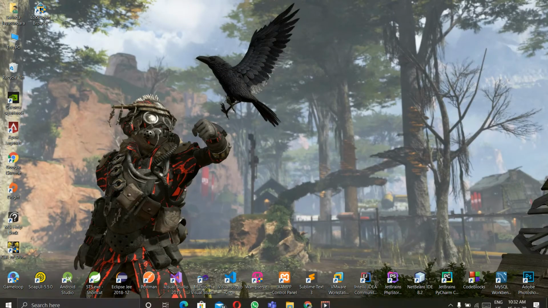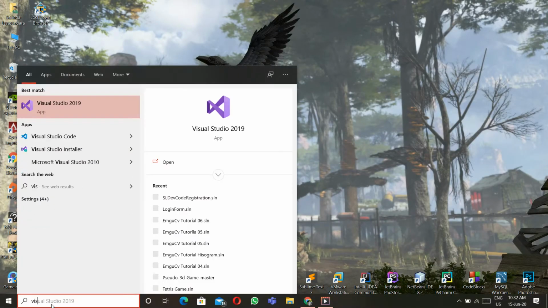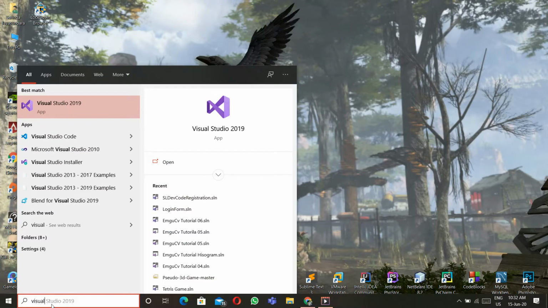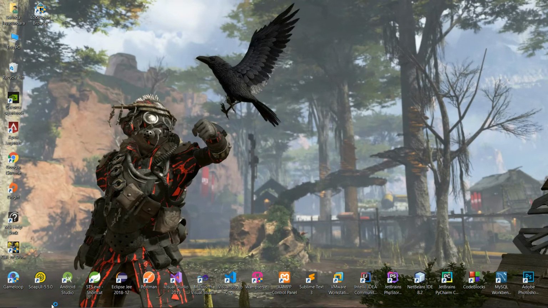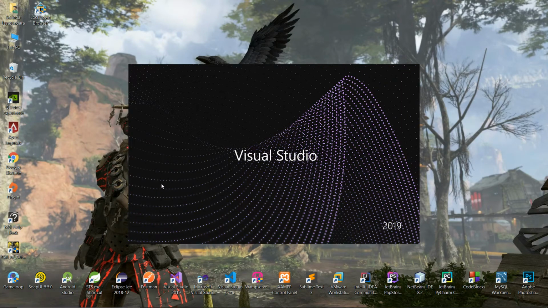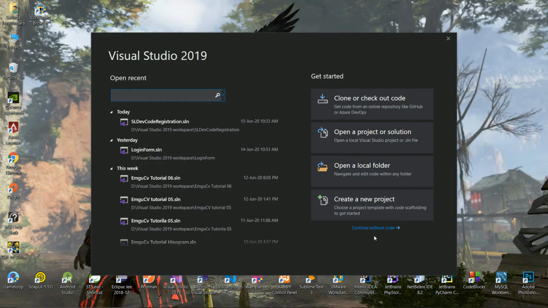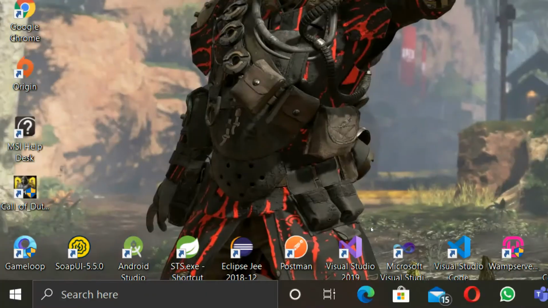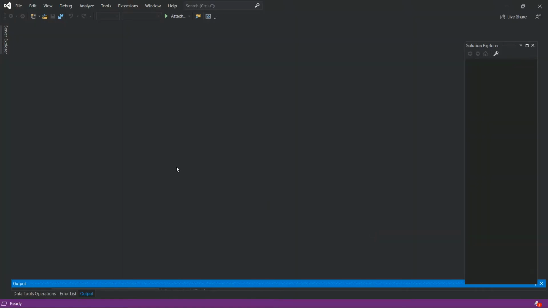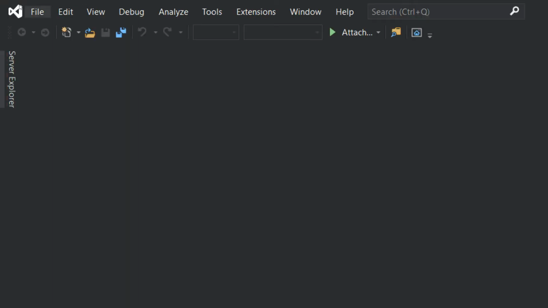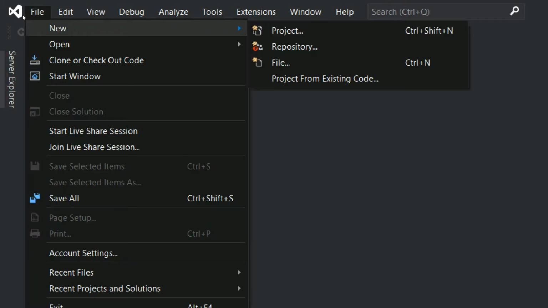Now you have to open Visual Studio and create a Windows Form application. Now I am going to open Visual Studio 2019. Now continue without code and go to File, and go to New and select Project.